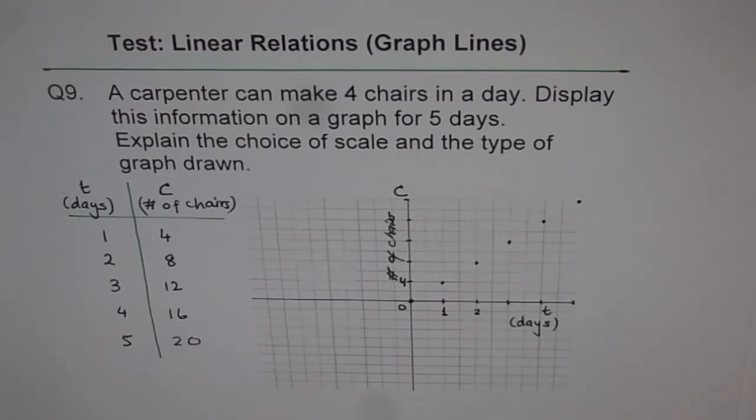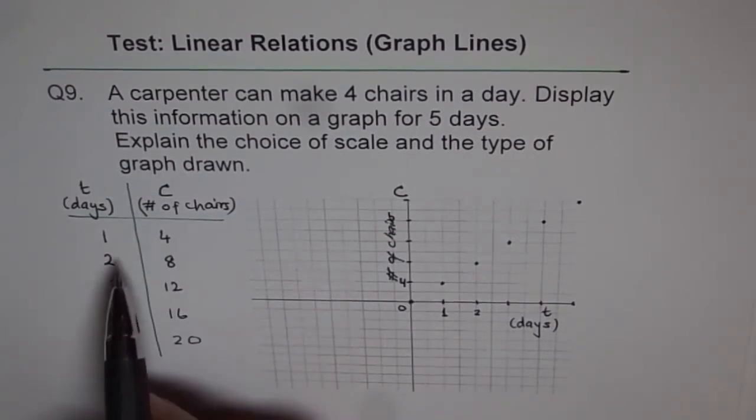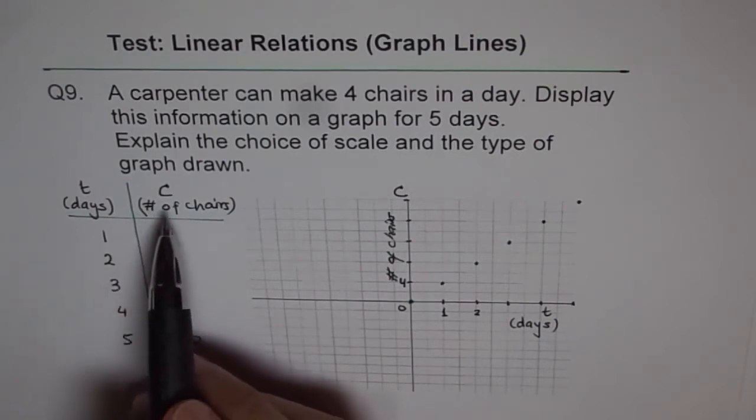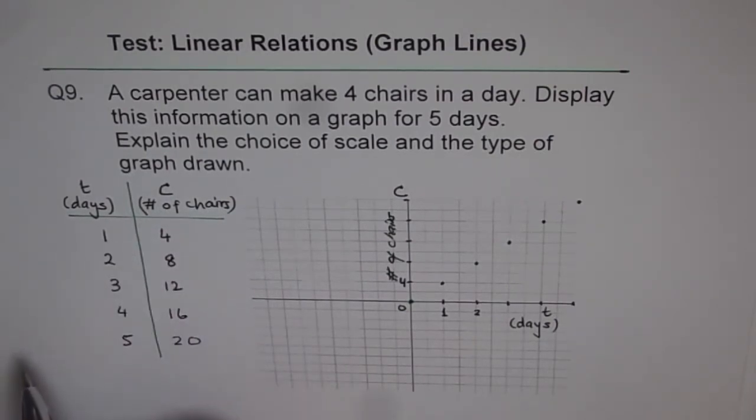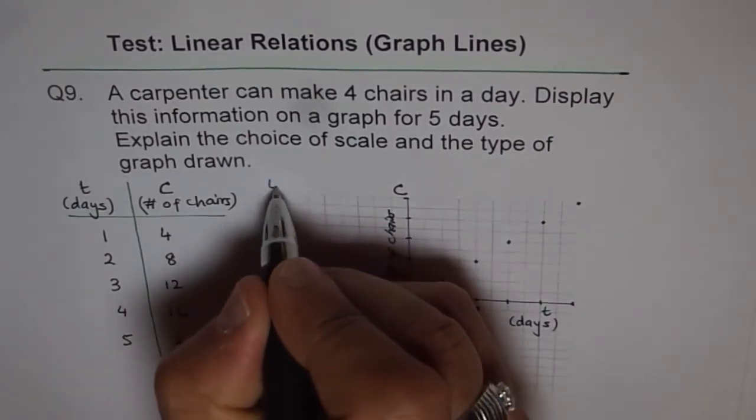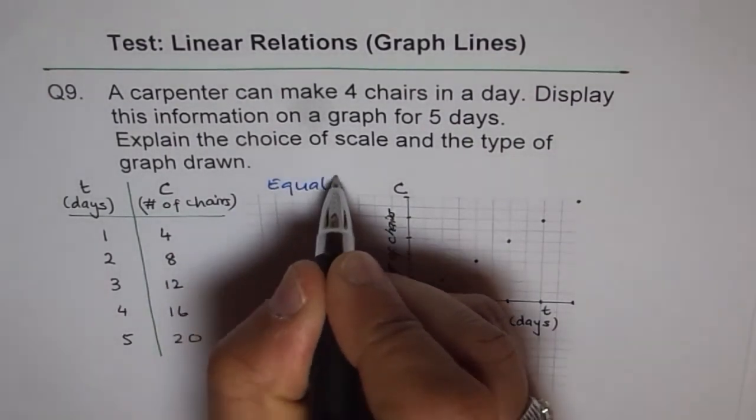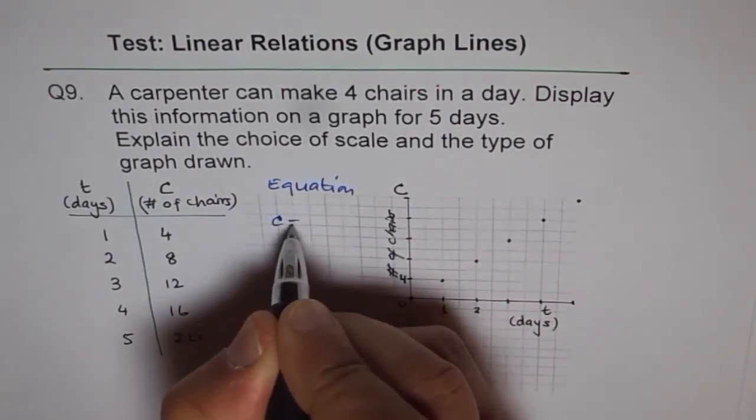Now how can you represent this information in the form of an equation? From the data we can see that number of chairs is 4 times the number of days. So we can represent this as an equation also. The equation will be, let me write here, C equals